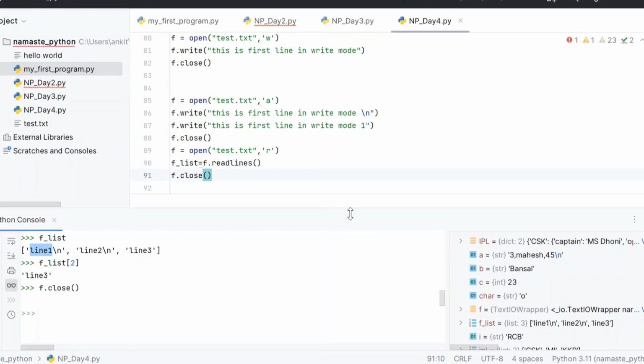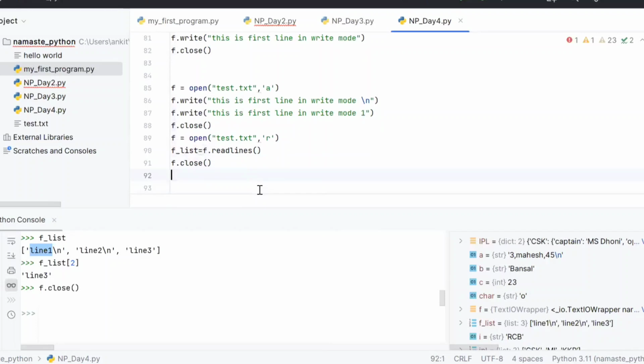Ankit, I have one more thought. Ankit, yeah. Go ahead. Yeah. Hello, Ankit. On top of that previous question, here we know the index of the third line, right? Line 3. So if we have multiple lines in our list, like 1000 lines, how can we know the index of that?